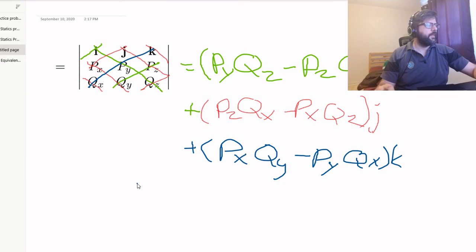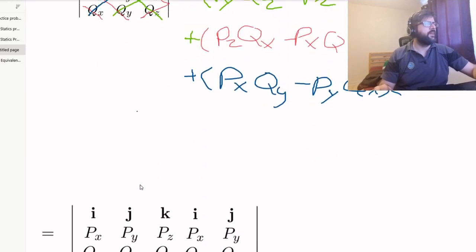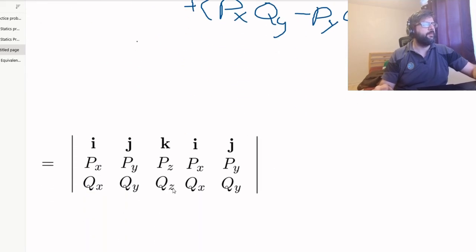There's also another methodology that takes a bit more space up on the page, but avoids you having to hit the edge and going back. You can just go i, j, k, and then repeat the i and j rows, columns here. And that just allows you to not have to repeat yourself. So you can start with your i,